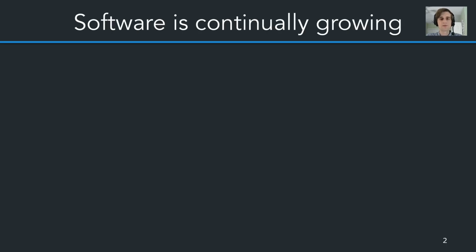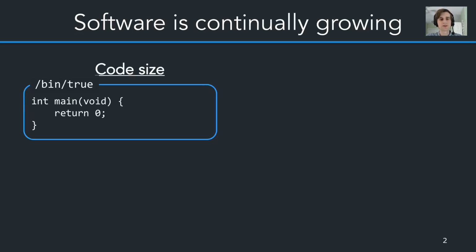As software evolves, we've seen an inevitable trend that programs will grow in size and complexity. To give one example, let's look at the common Unix program true, a small utility for shell scripts. Here's a valid representation for that program. It does nothing successfully, and it just returns 0. In version 5 of Unix, the source for this program had 0 lines of code, such that you don't even need